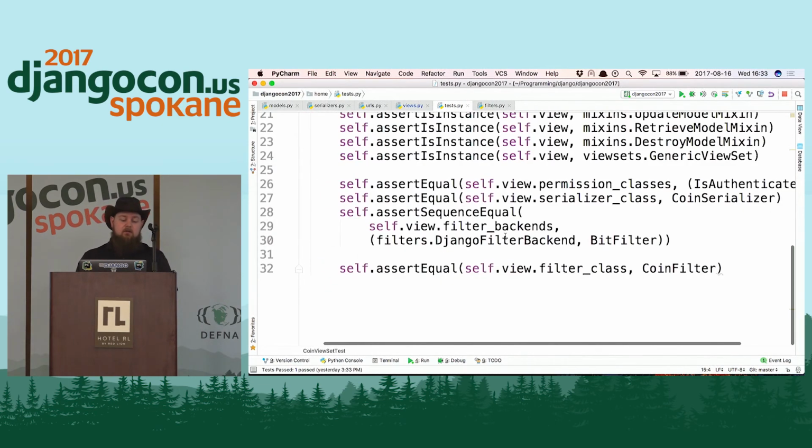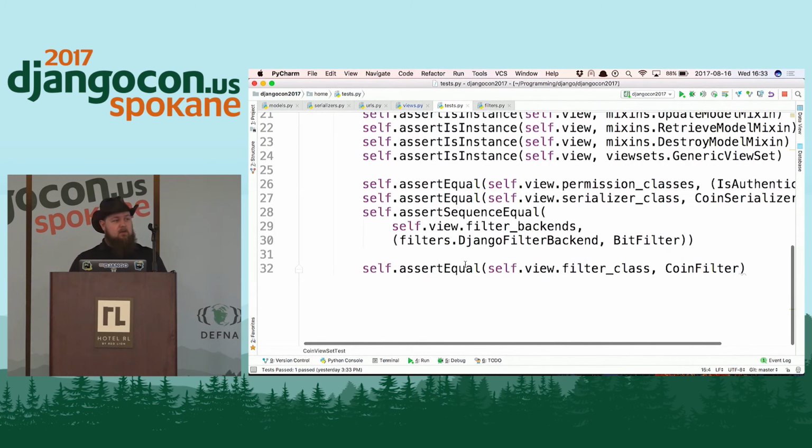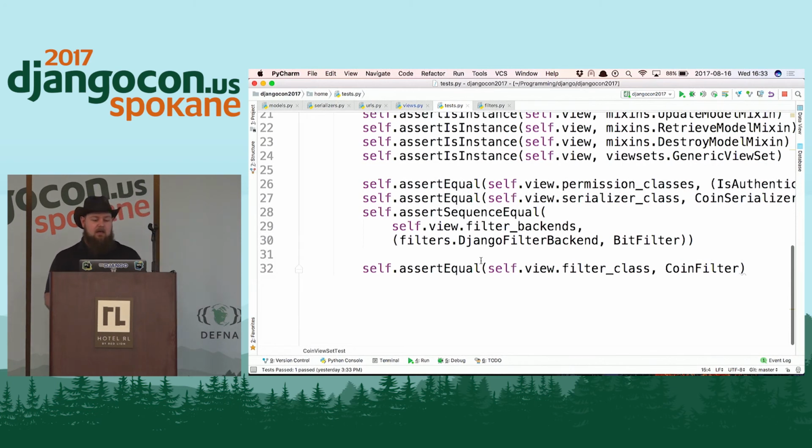And if you might have noticed, I don't have the query set. That's because I haven't figured out a way to properly test that and get some sort of assertion to work. That kind of just works, and I'm like, this is good enough. Hopefully it never changes. It shouldn't. And that's the thing, this is so bare bones that your ViewSets should very rarely ever change.